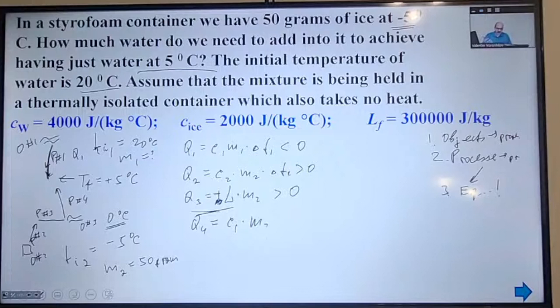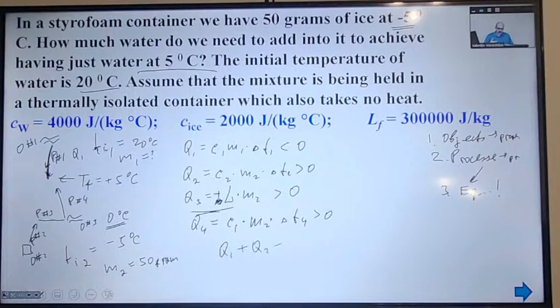Exactly the same amount of cold water as we had, amount of ice, and finally, temperature change again, it will be positive. Now, after remembering and writing down these equations, we have to write the next equation, the heat balance equation,